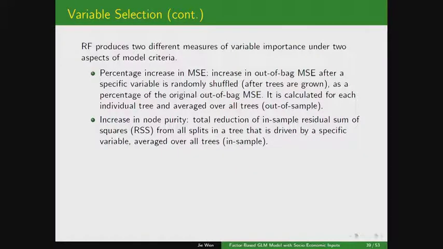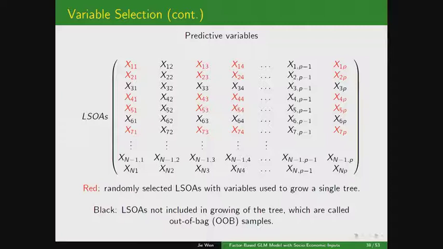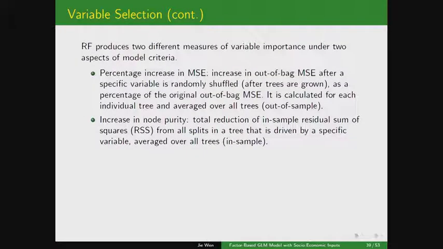Following that random selection, the random forest can provide us two different measures of variable importance. First is the percentage increase in the MSE. That measures the increase of out-of-bag MSE after a specific variable is randomly shuffled, and it is measured as a percentage of the original out-of-bag MSE. We calculate this metric for each individual tree, and we average over the whole forest. It might be abstract, but